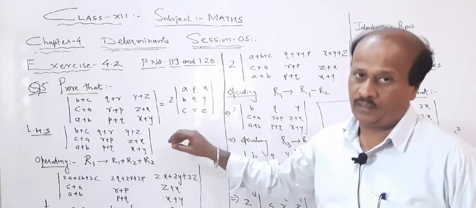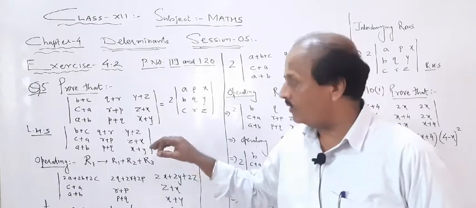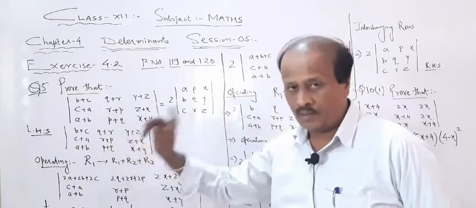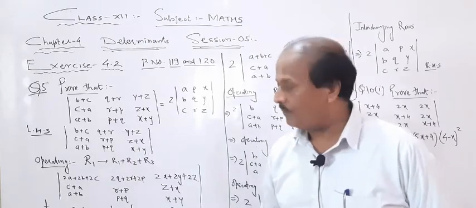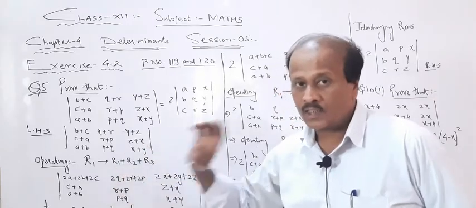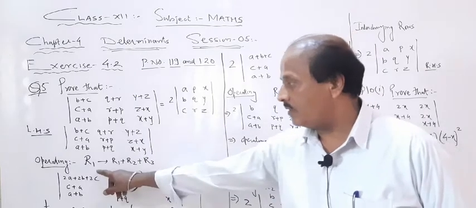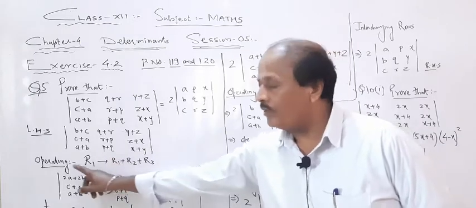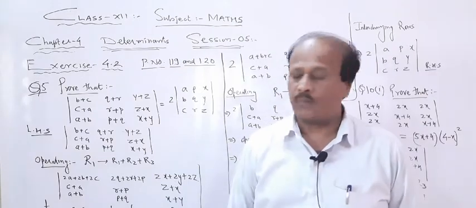Again, there are many methods to solve this question. One of the methods, which I feel is the easier one, I am telling you. So come on, we will start with the left hand side. Write the determinant as it is given in the textbook. Then the first property: this property is not in our 6 properties, this is a modified form of the last property. Whichever step and whichever property you are going to use, you will mention side by side. So which property am I going to use? A modified form of the 6th property.